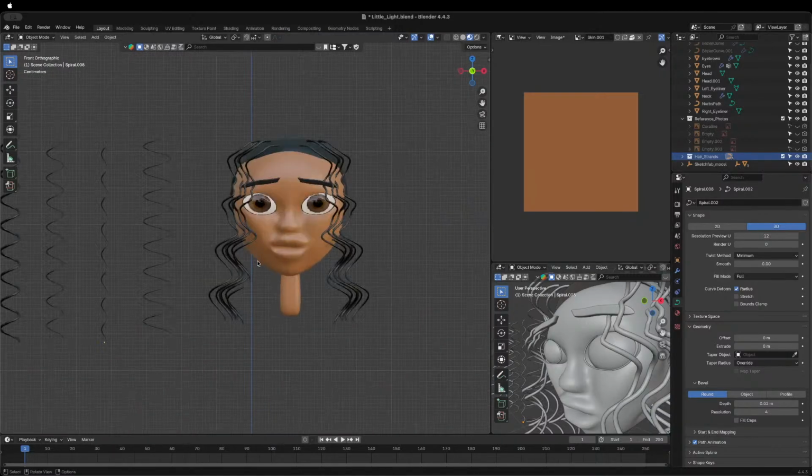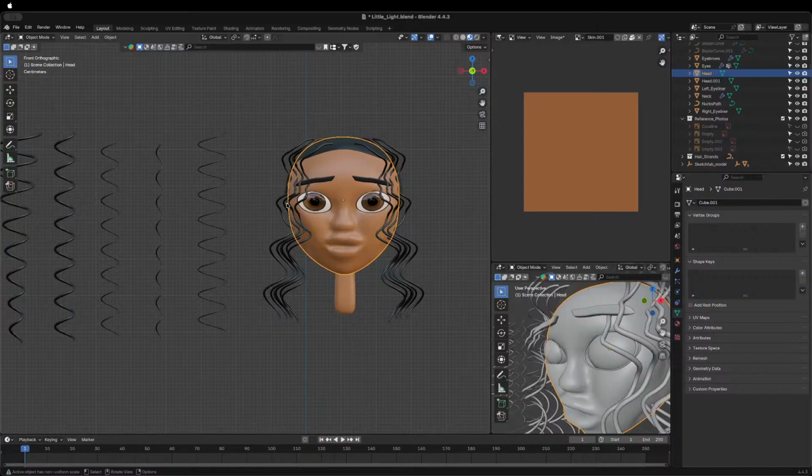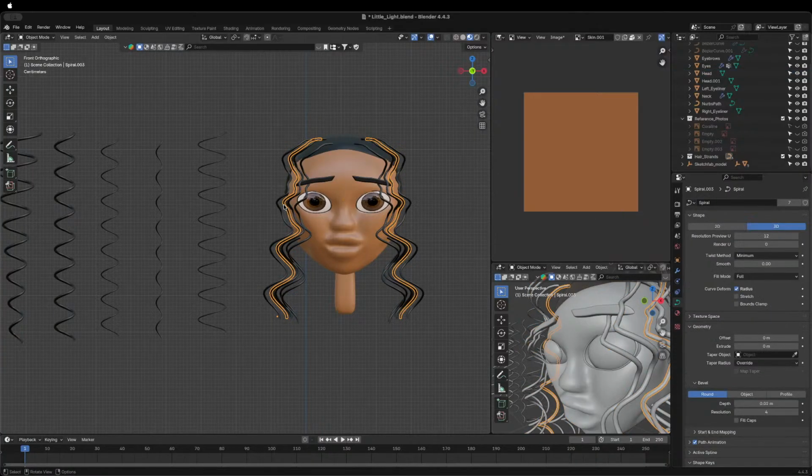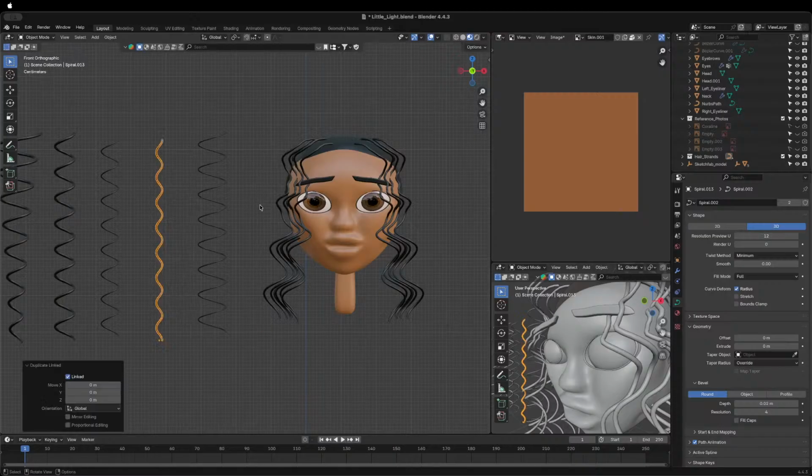Building slowly but surely. I think I'll start with this strand because it's the loosest, and I think would be the most realistic to cover a majority of the head, and then we'll add the more textured pieces, and we can also manipulate them individually once they get on the head. So instead of just having one strand that we duplicate over and over, we'll work on just this. I'm going to take this one and Alt-D literally all these strands